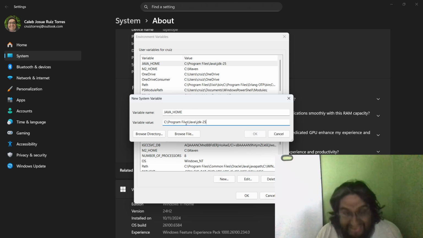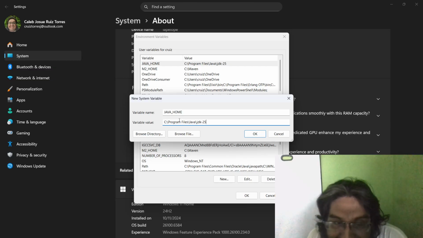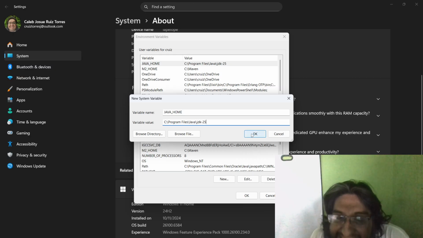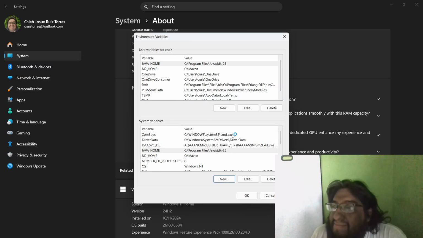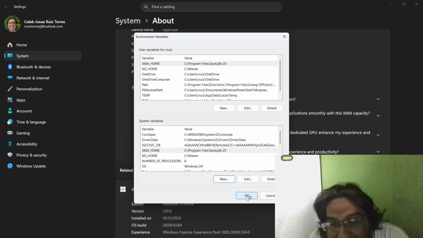I remember many years ago that people were asking all the time about how to set up the Java home. Well, here it is in Windows. It is difficult at the beginning, when you are at the very beginning of your journey. All of this seems very obscure. So okay,